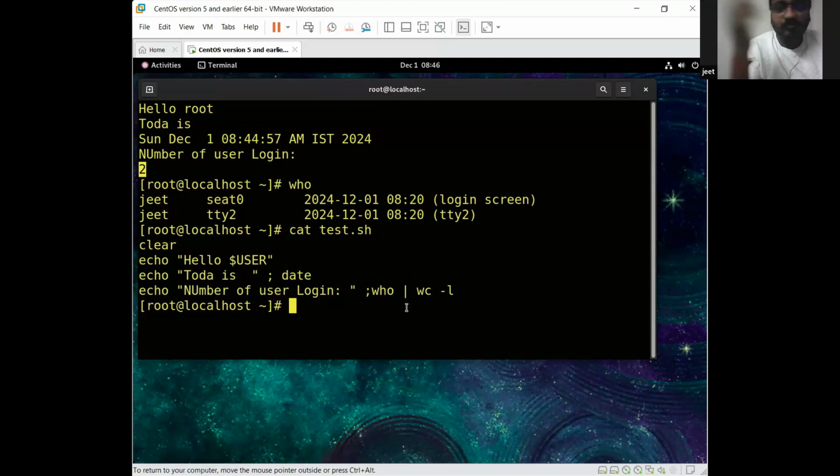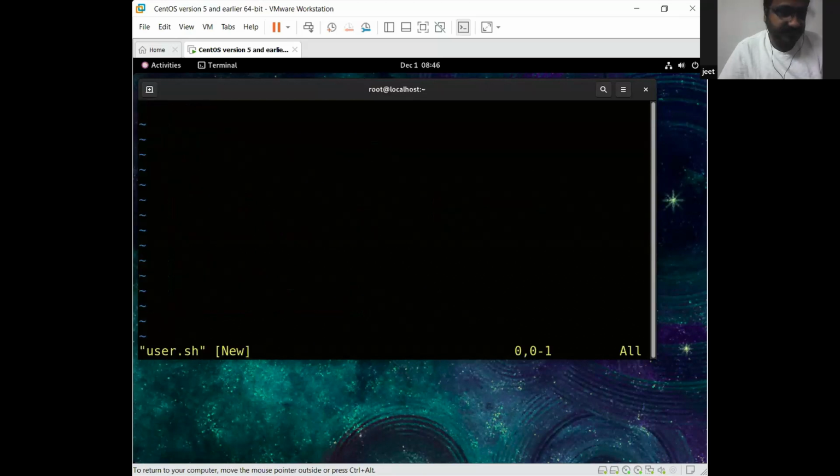अभी सपोज आई वांट टू टेक सम इनपुट फ्रॉम द यूजर। अभी क्या हुआ, मैंने सारी चीजें डिफाइन की। अब मैं क्या चाहता हूँ, कोई यूजर कुछ भी एंटर करे और उसके बाद मेरा मैसेज प्रिंट हो। फॉर एग्जांपल, सपोज आई एम गोइंग टू क्रिएट अ न्यू फाइल, vi user.sh। अब मैं क्या चाहता हूँ, सपोज आई एम गोइंग टू टाइप echo, okay, and run the script, enter your first name, right? Enter your first name।